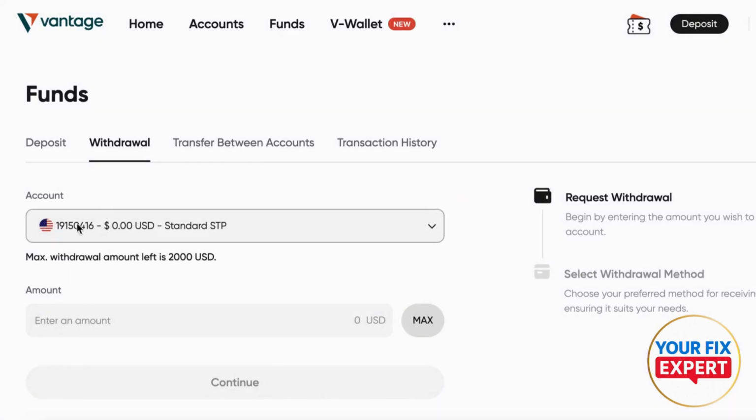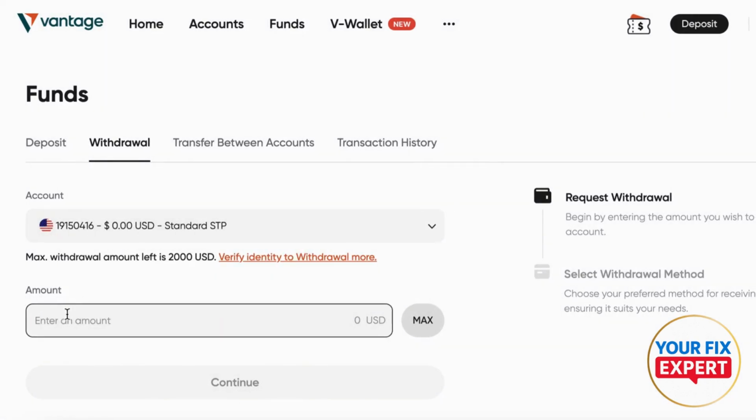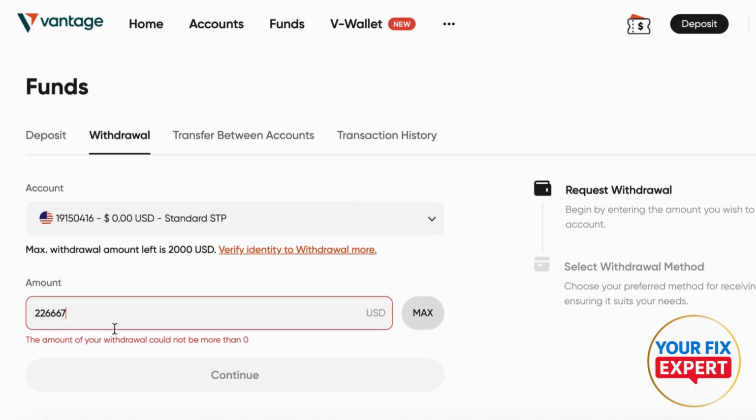And we're gonna select the account that I'm using. Let's say I'm depositing or withdrawing 226,067, right? Now what I'm gonna do, I'm gonna just go ahead and hit continue and select the withdrawal method of the network, and from there you can basically enter or paste the address from Kraken and transfer safely